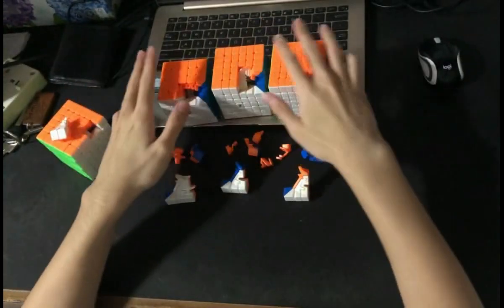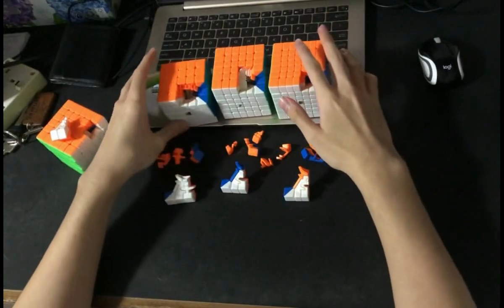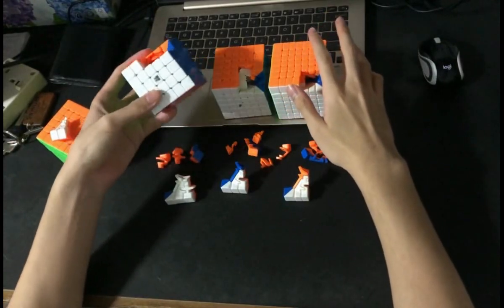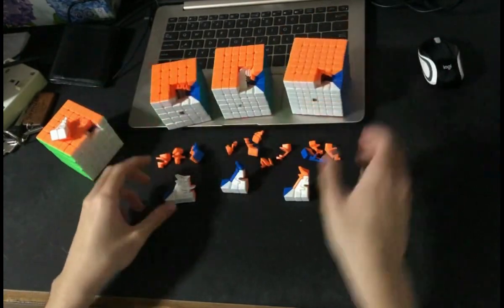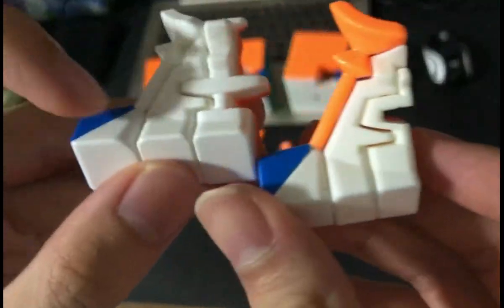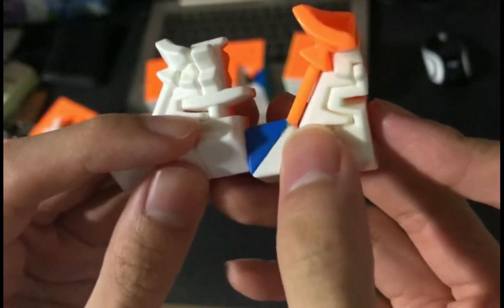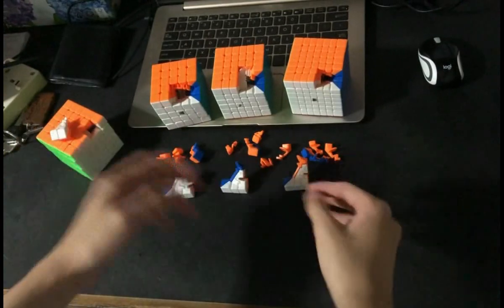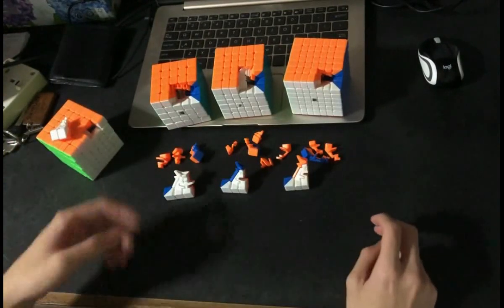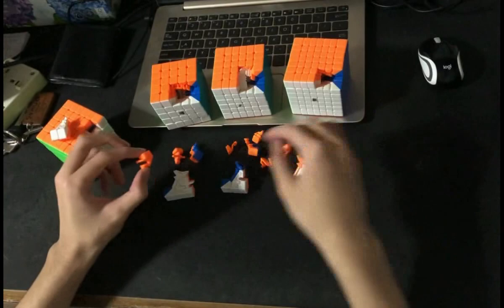Comparing the MGC6 to the Aoshi GTS, which I don't have, but this is the Aoshi WR that recycles the same mechanism, and this is the Aoshi GTS. If you look at the pieces of those two cubes, the second layer actually has this extra part here that will go inside the third layer space, and I mentioned this in quite a lot of my videos already. But what is so important about this is